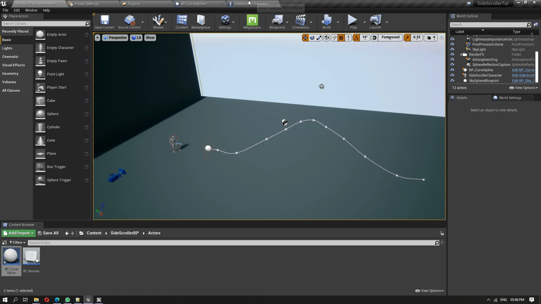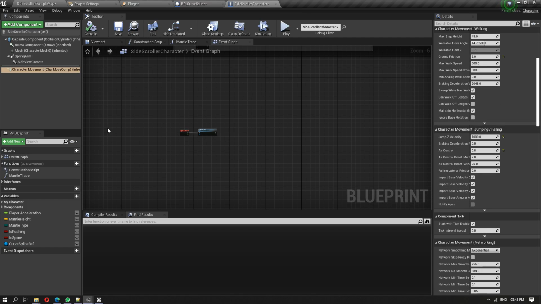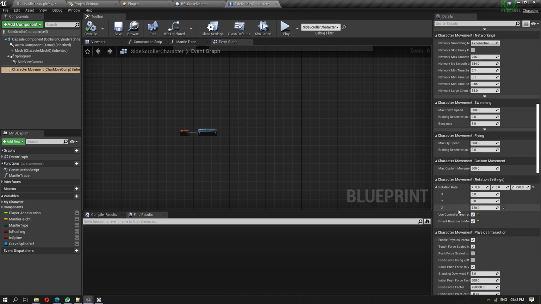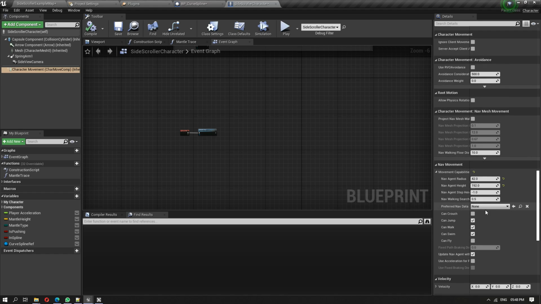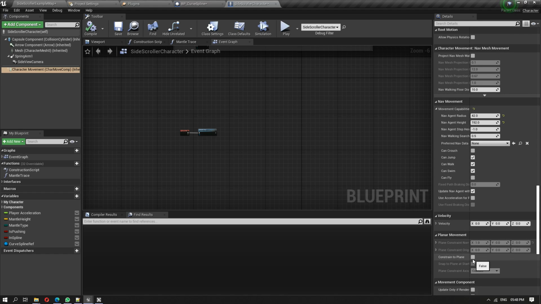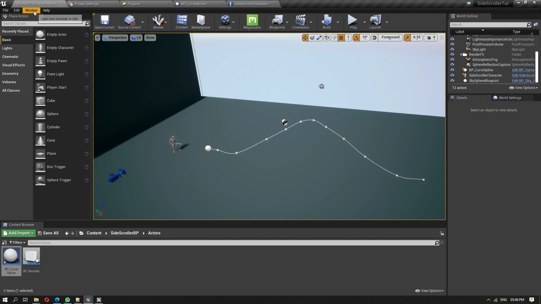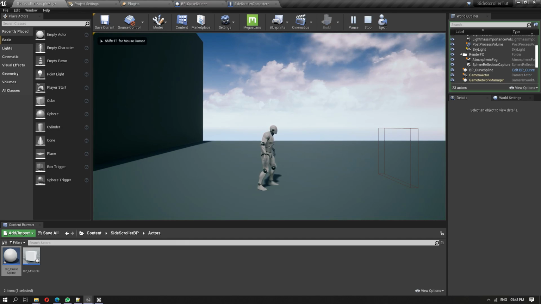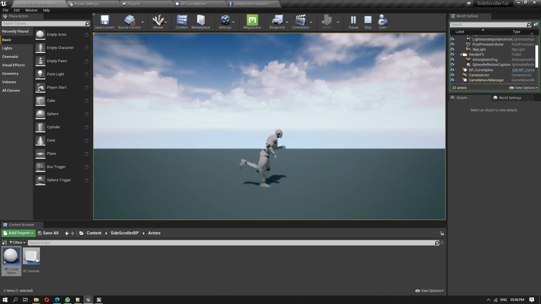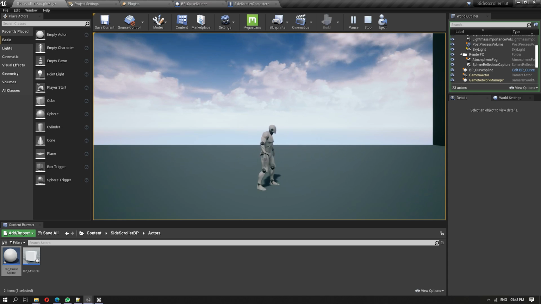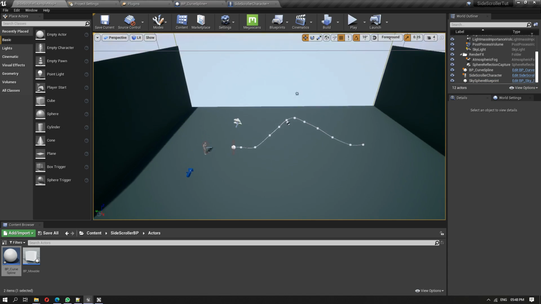Okay, so once we disable constrain to plane, our character is moving on the spline. So you can see it's moving. Okay, to better view it,